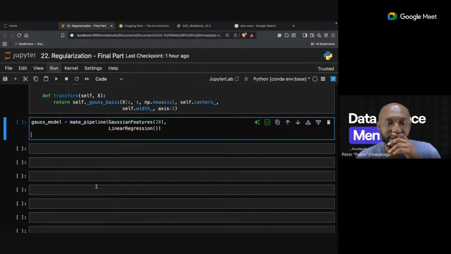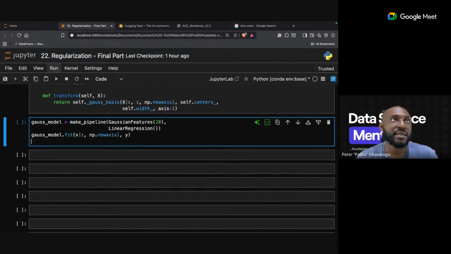So here we are going to say Gauss_model.fit, and we're going to put X in here, the same old X that we have, and make it the feature matrix, which is n_samples by n_features.